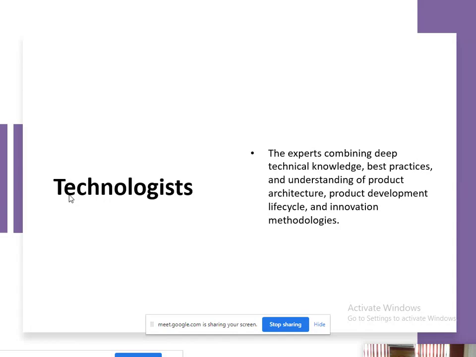So that's why here it is written: experts combining deep technical knowledge, best practices, and understanding of product architecture. That means whatever product you are supplying, you must understand it, and you must have that architecture. Just like whenever you are making some software product, they must have